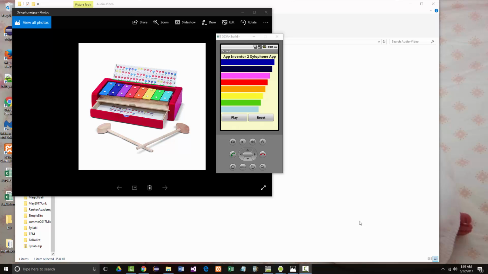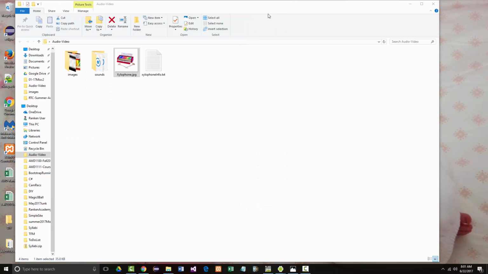And as you can see, this is the way that the Xylophone currently looks. I based it off of this. The colors aren't perfect. I could make a lot of changes, but they're not bad right now, and I think it's pretty representative. Okay, so before I go and add the code for the play and the reset buttons, let's just talk about one more thing here,